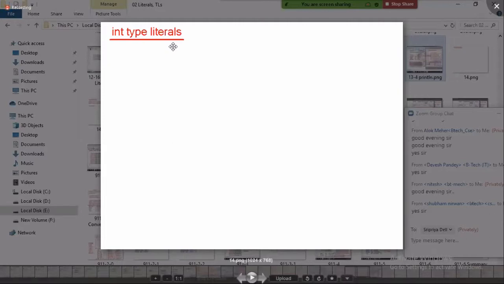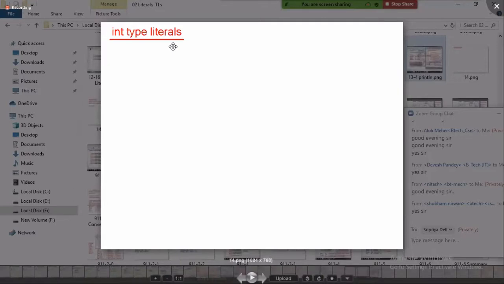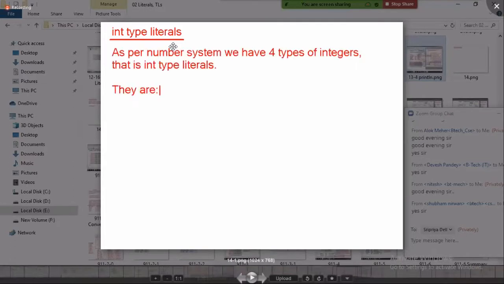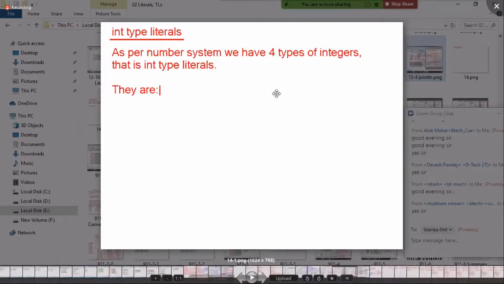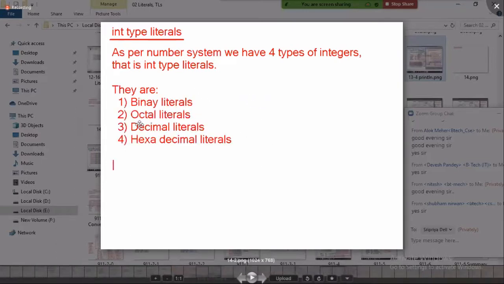What are the 4 types? Decimal, octal, hexadecimal, binary. Or in another way we can say binary, octal, decimal, hexadecimal. As per the number system, we have 4 types of integers. They are binary literals, octal literals, decimal literals, hexadecimal literals.